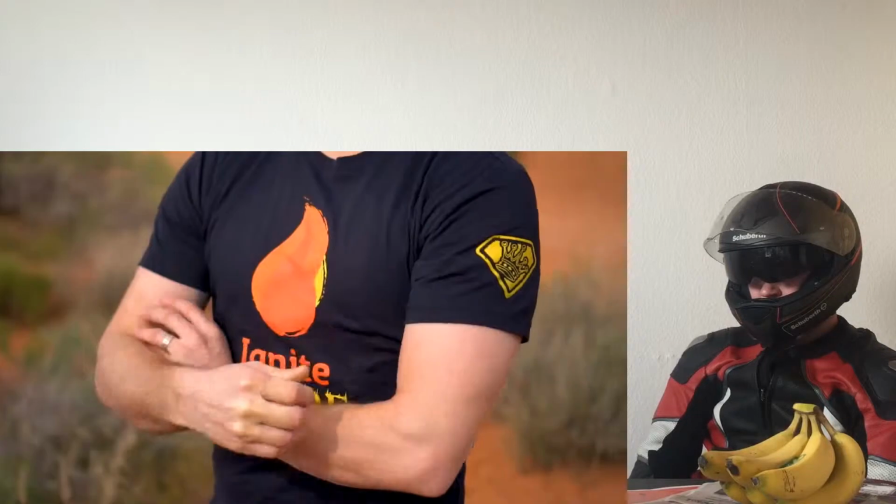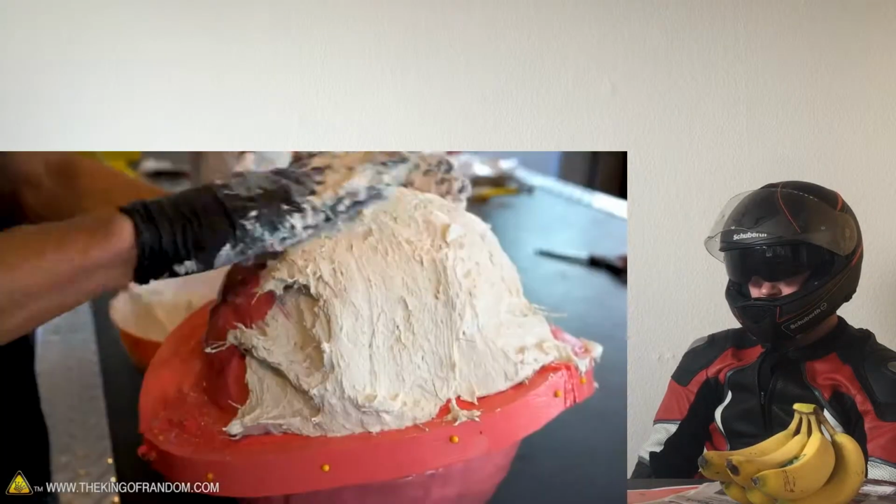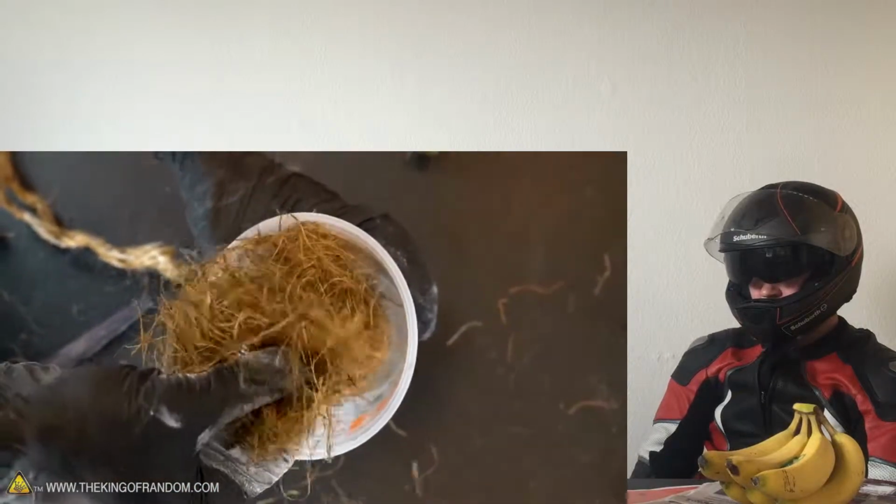A random happens, ignite the fire within, or caution. So let's mix up the next one. 3/8 of an inch thick. The plaster does. Now let's add plaster to our water and keep mixing it up until it's a really thin